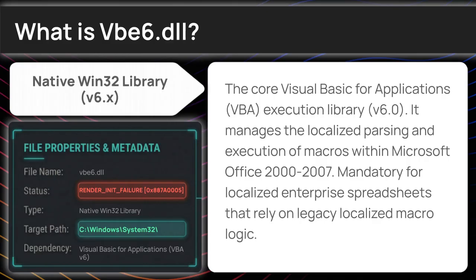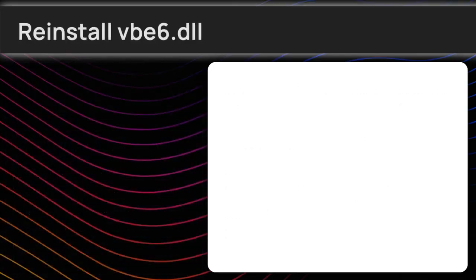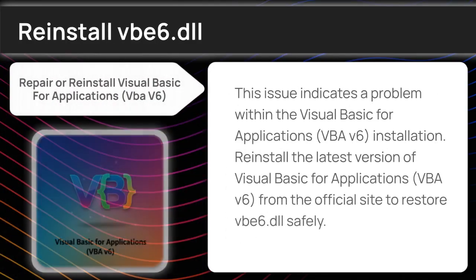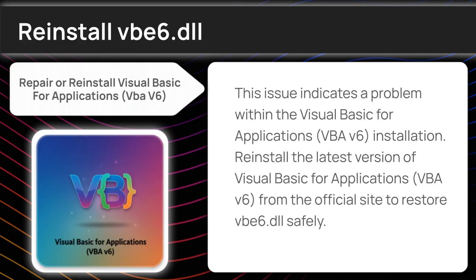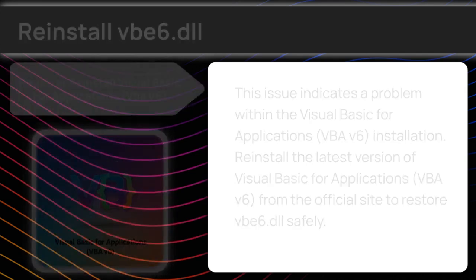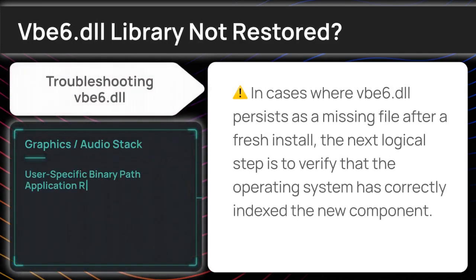Now that you have the context, let's move into the repair process with a fresh installation. This issue indicates a problem within the Visual Basic for Applications, VBA version 6 installation. Reinstall the latest version of Visual Basic for Applications, VBA version 6, from the official site to restore vbe6 Library DLL safely. When a standard software refresh isn't enough, we need to bypass the automated installers and look at manual